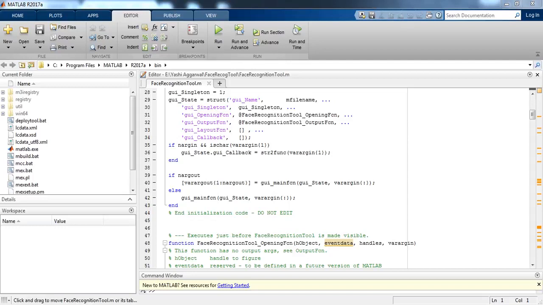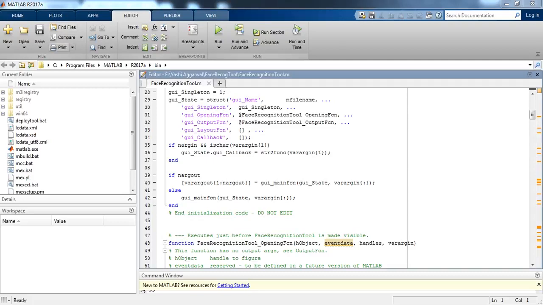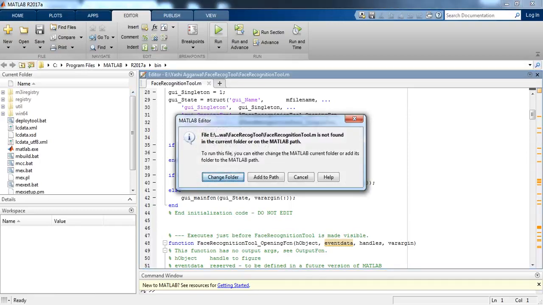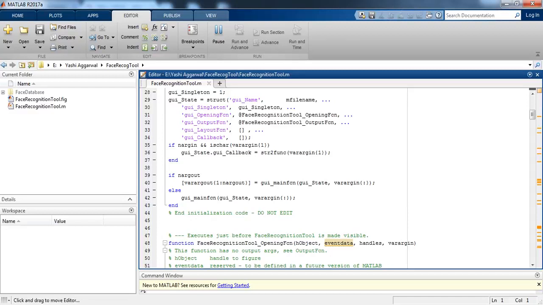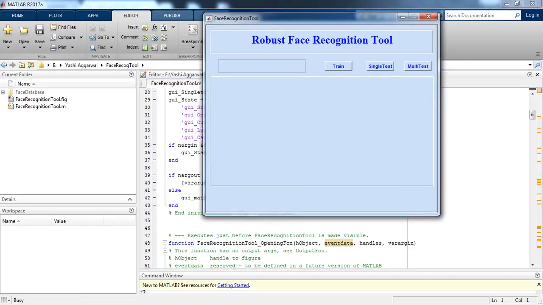Hello everyone, today I am going to give you a quick tutorial on how to implement a system which recognizes the face via sparse representation. So let's just run this file first and see the output. In the meanwhile it is running, let me tell you, in this video I am implementing the face recognition algorithm proposed in robust face recognition via sparse representation.